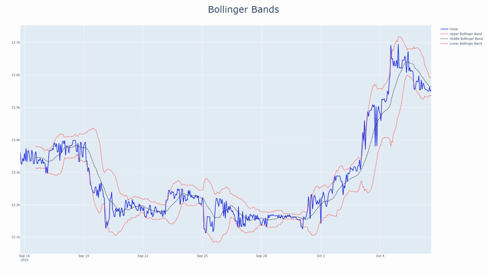Bollinger Bands. USDTIDRT is currently positioned in the middle range of the Bollinger Bands, with the upper band at 15,592 and the lower band at 15,536. This positioning indicates moderate volatility. Historically, when USDTIDRT touched the upper band, it signaled overbought conditions, followed by a retracement. Likewise, when the price touched the lower band, it indicated an oversold condition, which led to a price bounce. The coin's current location within the bands suggests stability, but any breakout outside these bands could result in a significant